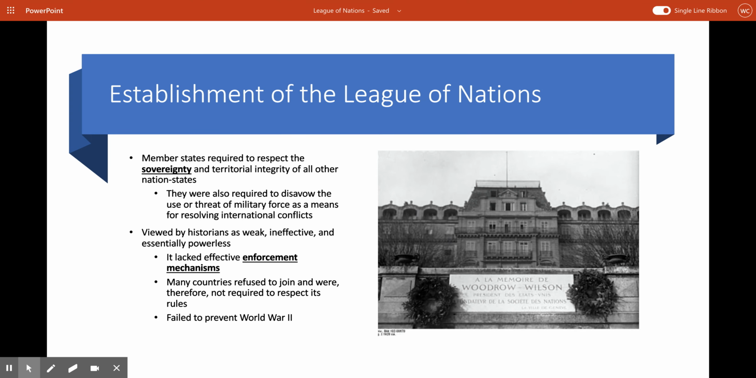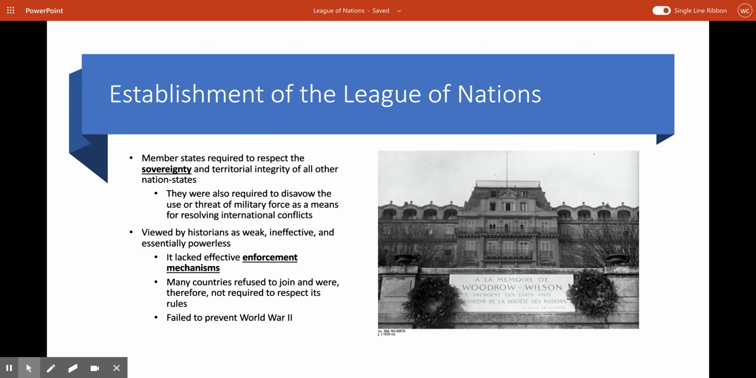Members of the League of Nations were also required to disavow, to condemn, right? To say that they will not use or threaten to use military force as a way to try to resolve international conflicts, right? Instead, they wanted them to use diplomacy, right? Talking it out. That's what diplomacy is. So the League really sought to peacefully resolve territorial disputes between its members,